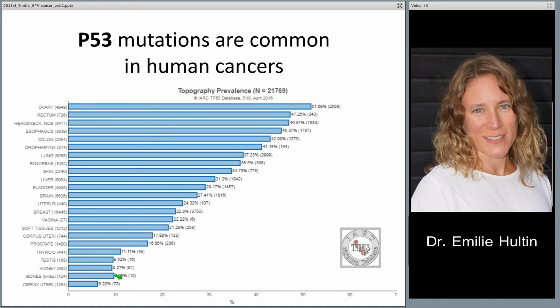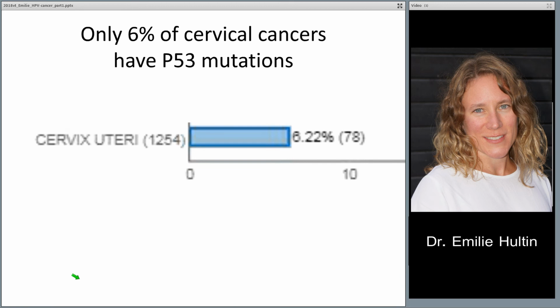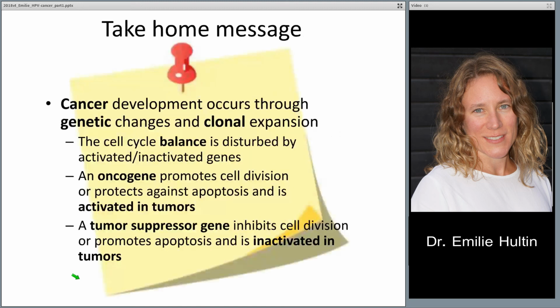However, if we take a look at the bottom of this table here, we see cervical cancer in the cervix uteri, it's only 6% of these cervical cancers that have mutated p53. So I will come back to this in the next part of the lecture and talk about why this is the case. But the take-home message from this first part is that cancer development occurs through genetic